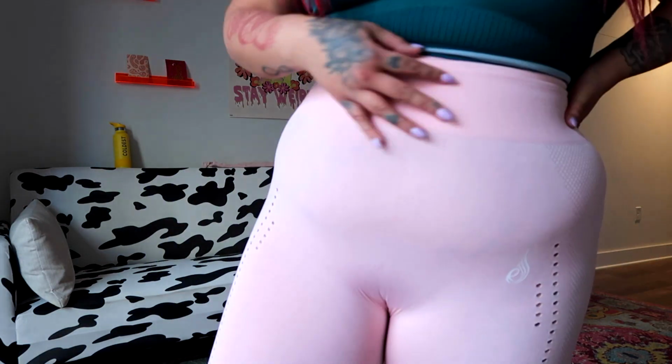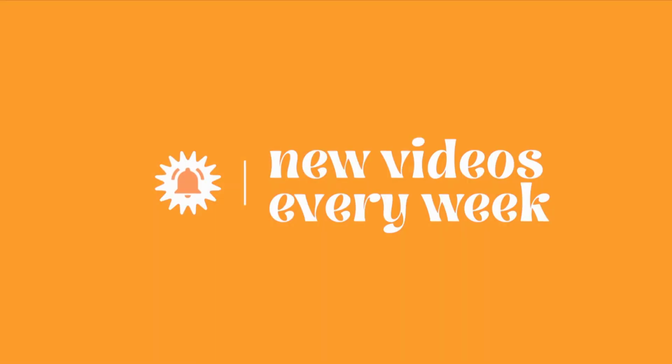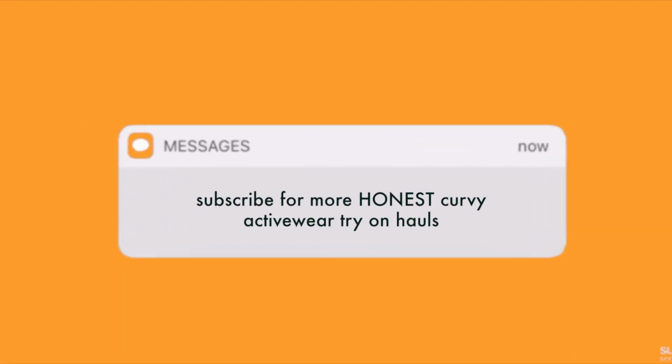So that's why I got these, because I wanted pink leggings because, you know, that's my favorite color. And again, they're showing up more like light pink on camera. They're actually more similar to the color that you do see on their website. I just want to live